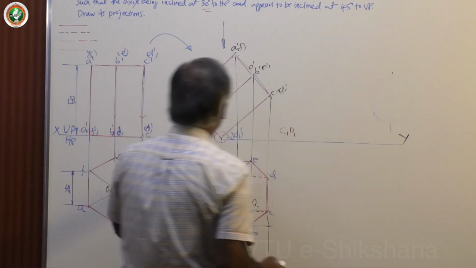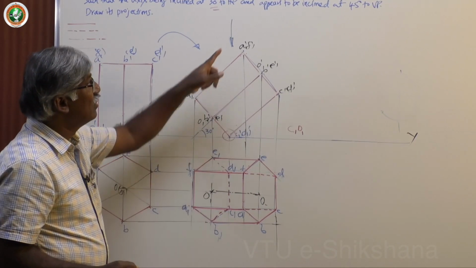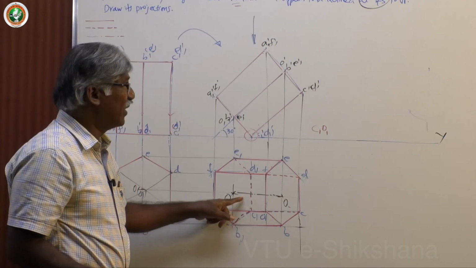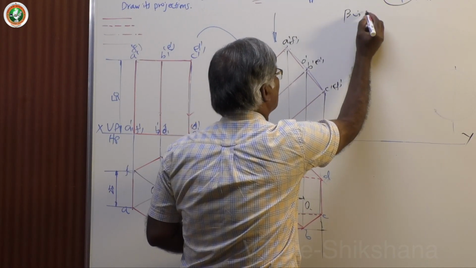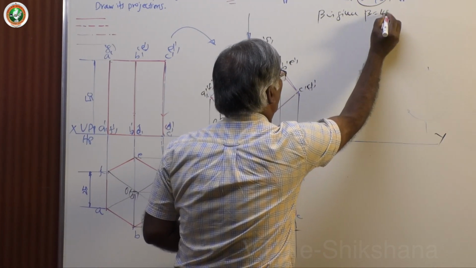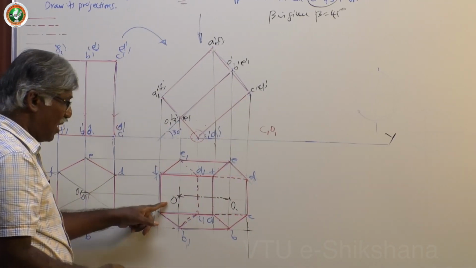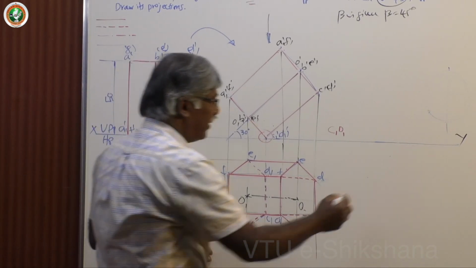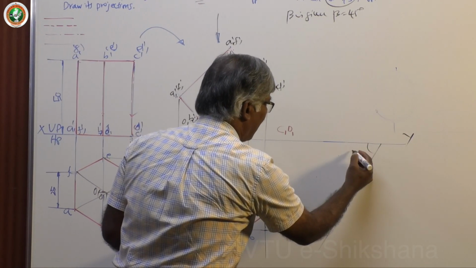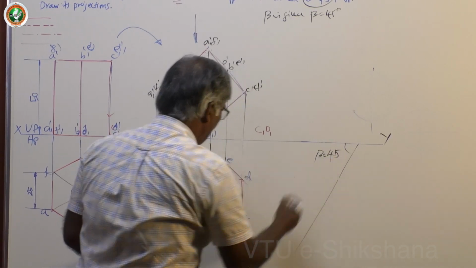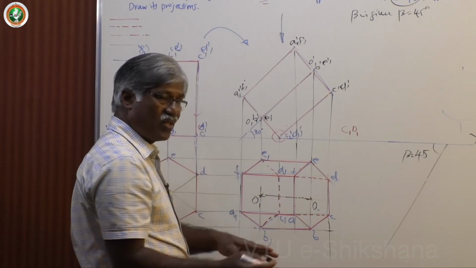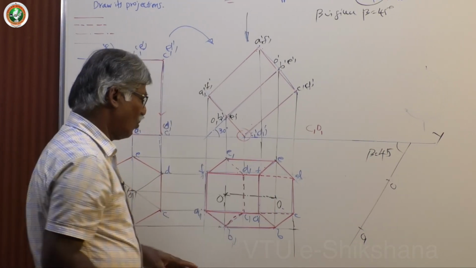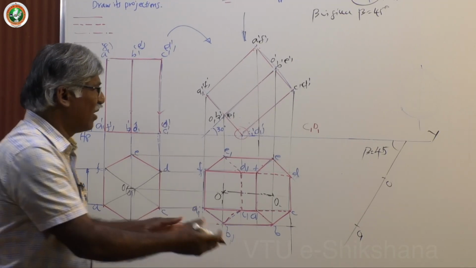Now how to do it? You have to redraw this figure by 45 degree, beta equal to 45 degree. In this case beta is given, that is equal to 45 degree. So what I do is I will redraw this figure so that O1 is on beta degree line. Now I draw a line inclined at 45 degree, that is actually beta. Then I keep, if you want base towards observer, keep O1 O and then redraw it. Geometry should know how to do it, and neatly you have to redraw